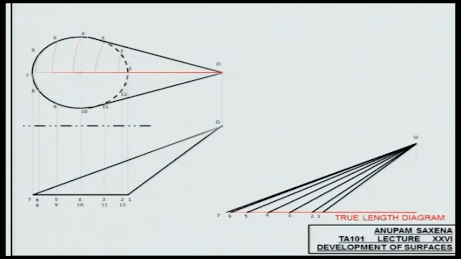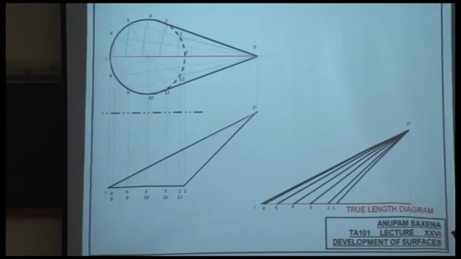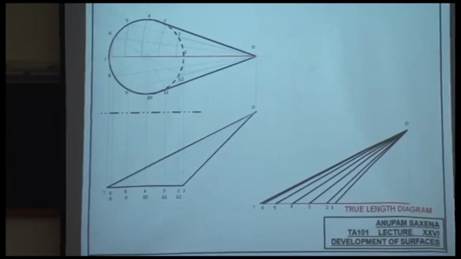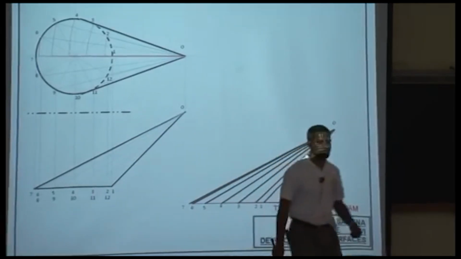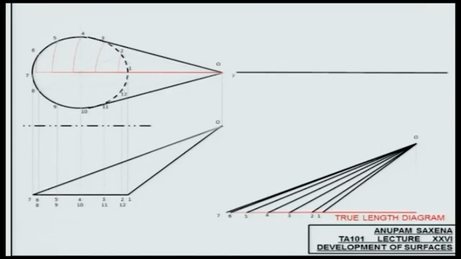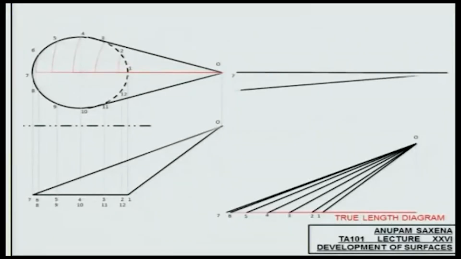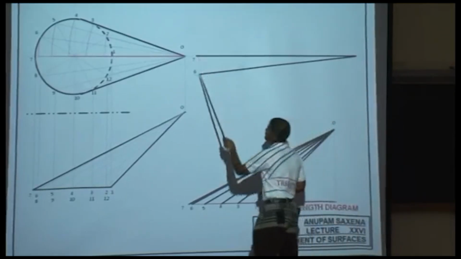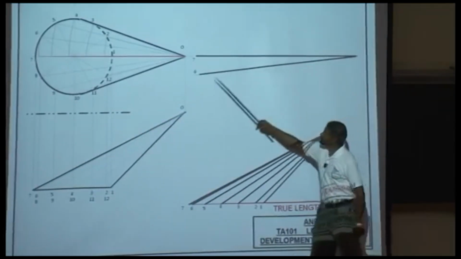All right? So once you have the true lengths of 0,i, where i goes from 1 to 12, and all these other segments, you can start developing this surface. And this is how. Start with 0,7. Draw an arc with radius the same as 7,8 or 7,6, depending on which side you're developing. So if it's 7,6, this distance is the same as this distance, and then to get this length,